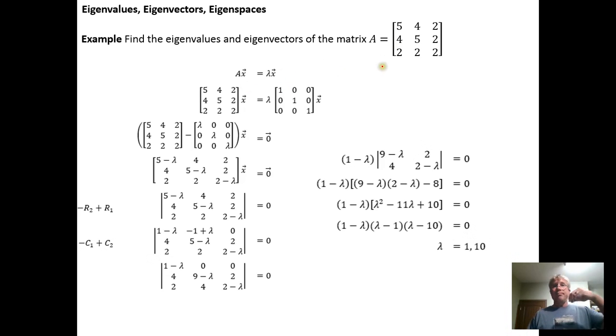So the calculation of the eigenvalues and eigenvectors for a 3 by 3 matrix, the work process or workflow is going to go the same way that it did in the 2 by 2 matrix example. We want to find the eigenvector, and the eigenvector has to be a vector that has the property that the matrix A times that vector is equal to a scalar times that vector. And then our job is to figure out what that scalar is and then use the scalar to determine the eigenvectors. So I'm going to go ahead and replace the A with my matrix A, and then we put the